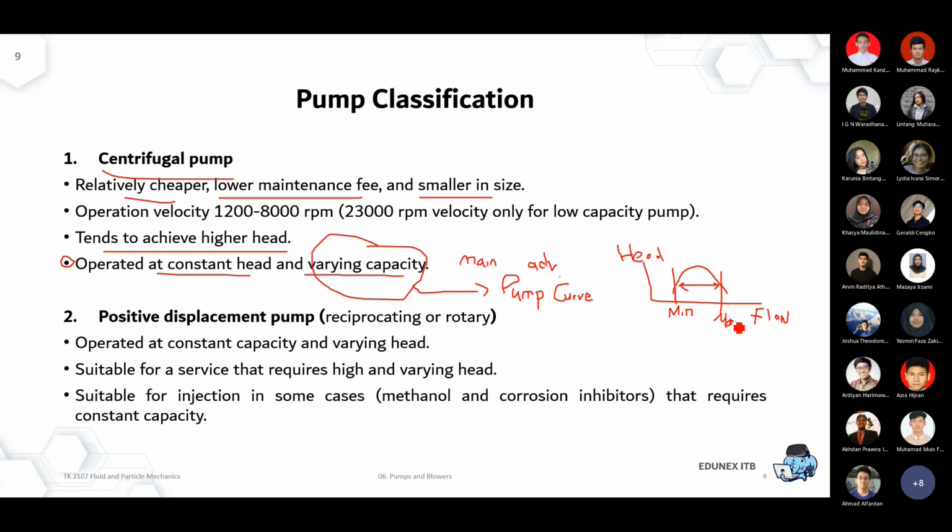Okay, so as long as we're working somewhere in the middle of this region, it can be handled using one pump. And that's very attractive for a chemical process where the process cannot be steady at all times. Sometimes there's a variation incoming from the feed or some disruption from the process. So engineers don't panic a lot, because we know what the minimum range and the maximum range are that can be handled using the same pump. Okay, so that's a very good advantage of using a centrifugal pump.